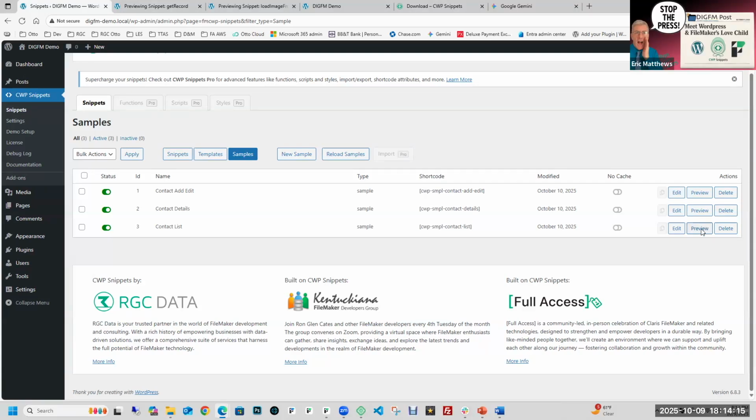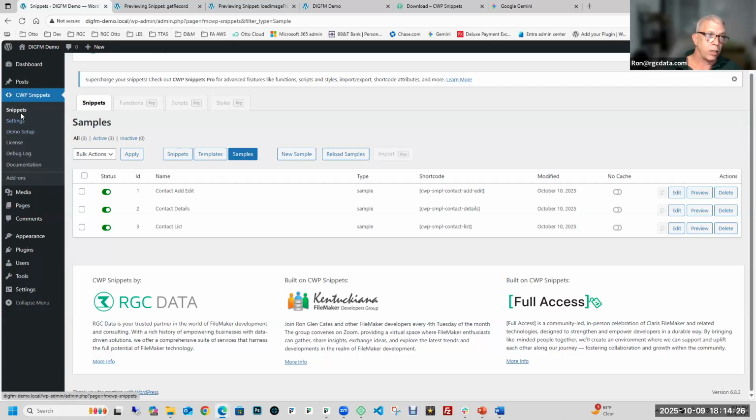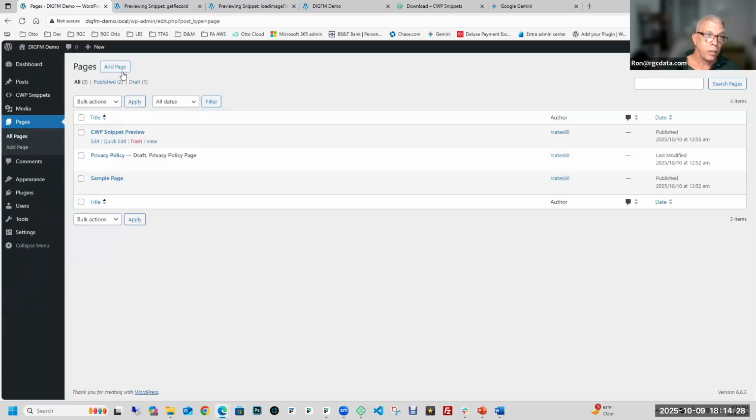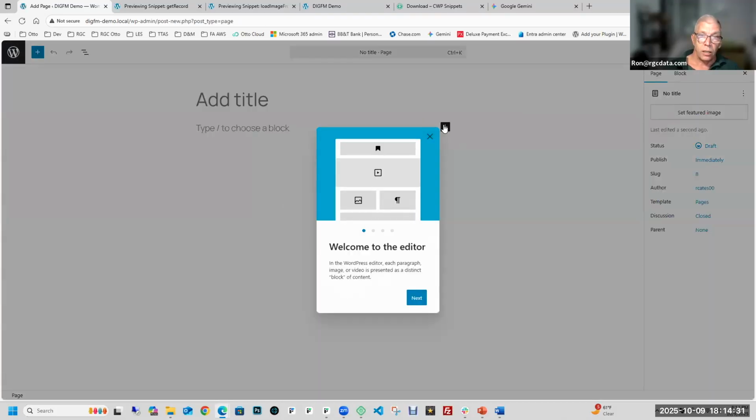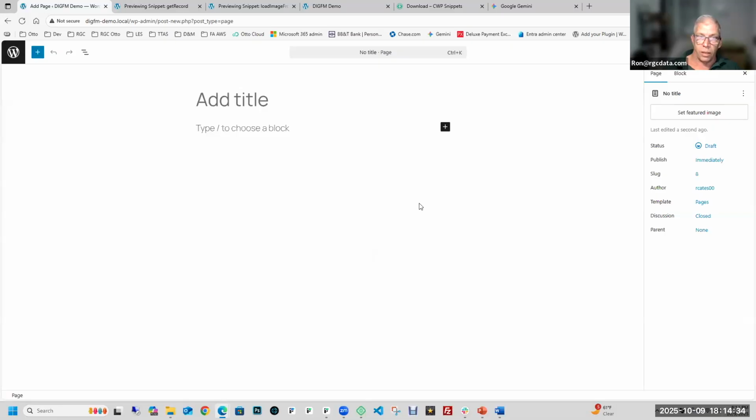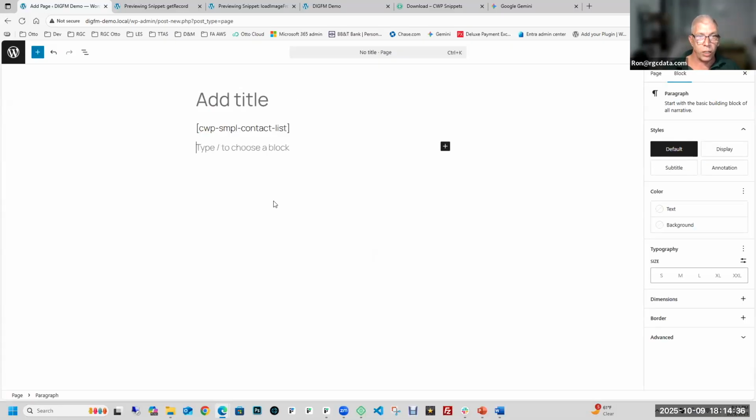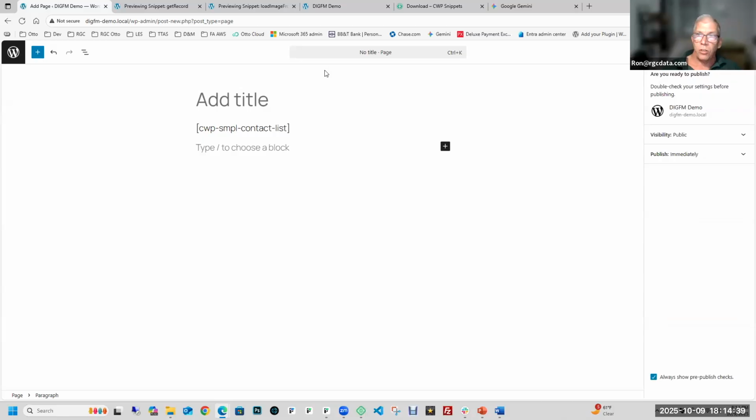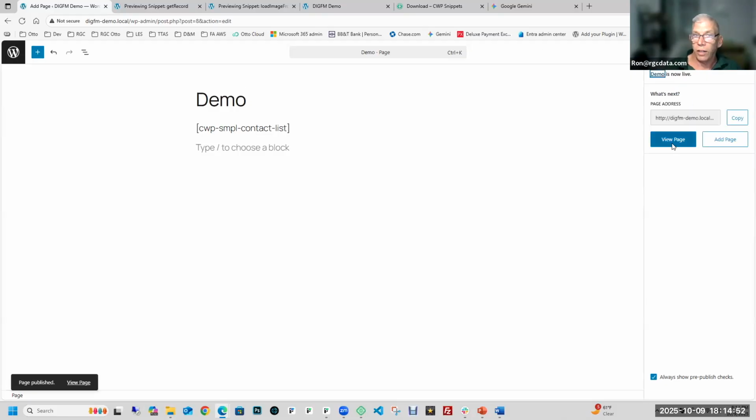So we're using the preview button to look at the pages that we're building, but the preview button is only going to work for a logged in administrator. The way you actually pull it into your pages is that you would go to pages and add a page, and then all you have to do is drop in the short code and publish the page. I have to give it a title. I usually use Elementor, so let's just call it demo, publish it. And then if I go to view page,